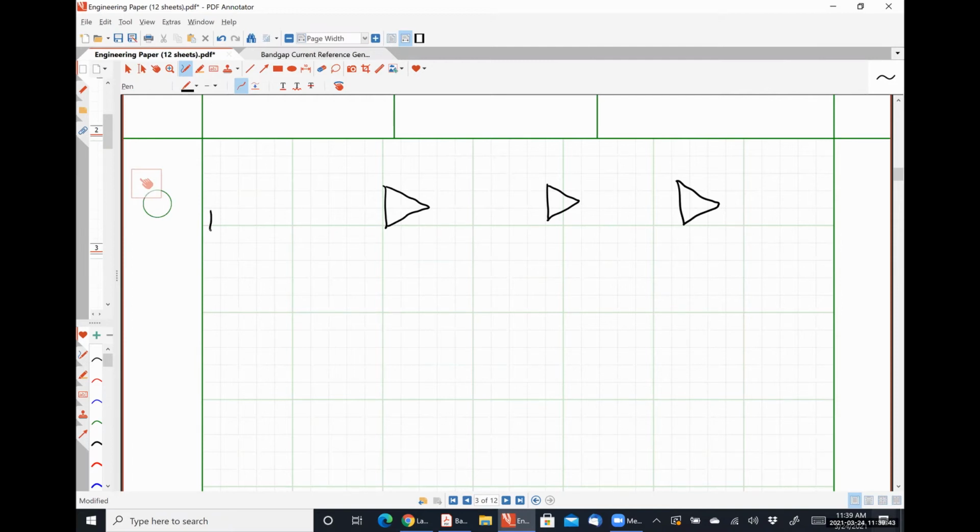So we'll have a resistor here, the voltage source, plus minus, a resistor here with another voltage source,